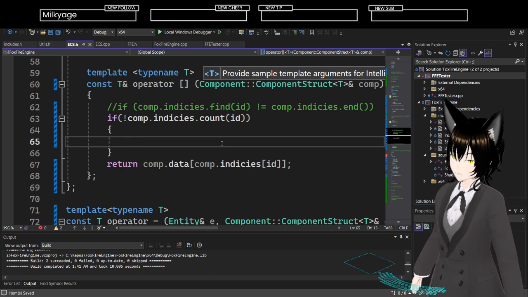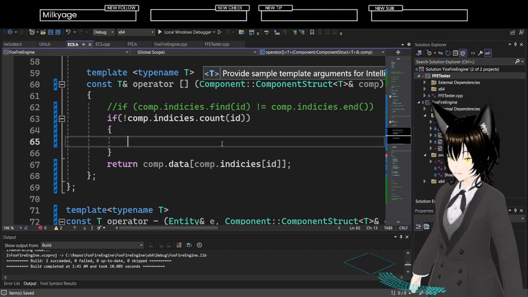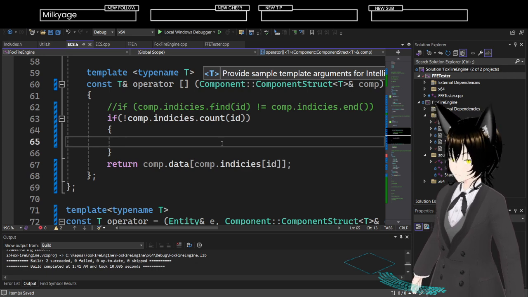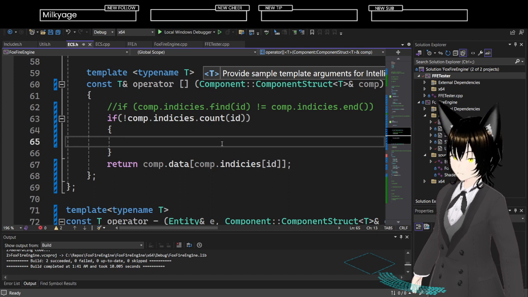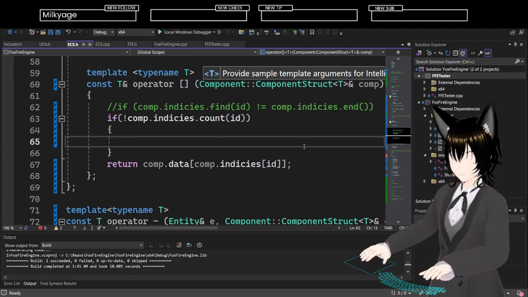yeah, operator brackets creates a new entry if the ID doesn't exist. In this case, which is why I'm having kind of a fallback, so that if the key is not in there, then it'll just return null, right?